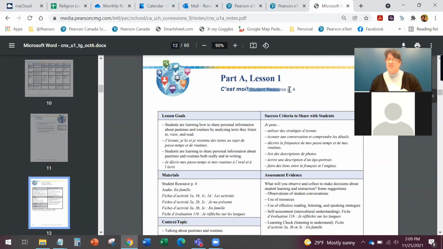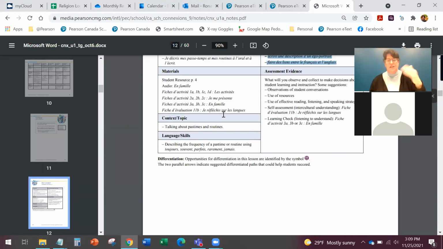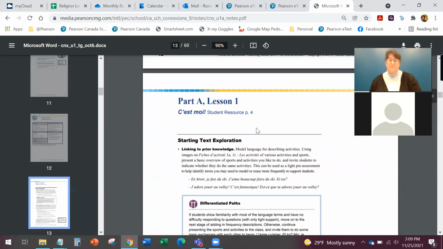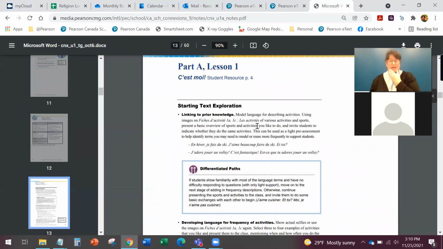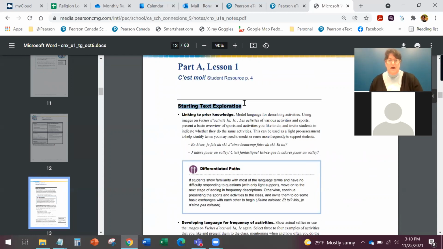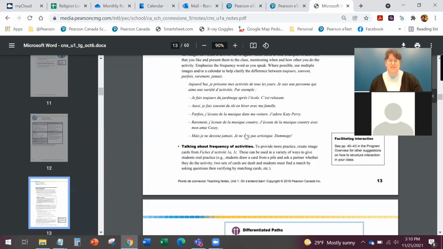It tells you what page of the student resource you'll be using. It gives you the lesson goals, and accompanying these lesson goals are the I can statements for your students, "je peux," the success criteria, the materials, and the assessment that you'll be using through this lesson. And then we literally get into the lesson plan itself, the teaching notes, and these are step-by-step, sort of recipe-style lesson plans. They're divided into 3 parts, typically the starting the text exploration,